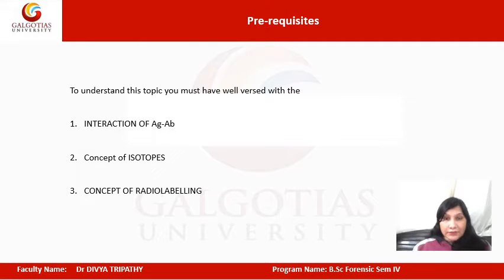Dear students, till now in module 3 we have covered the production of monoclonal and polyclonal antibodies. We have understood the concept of formation of precipitin bands by the reaction of antigen and antibody. We are well versed with the immunodiffusion technique, the types like single immunodiffusion, also known as Mancini diffusion, and the double immunodiffusion, also known as Ouchterlony diffusion.